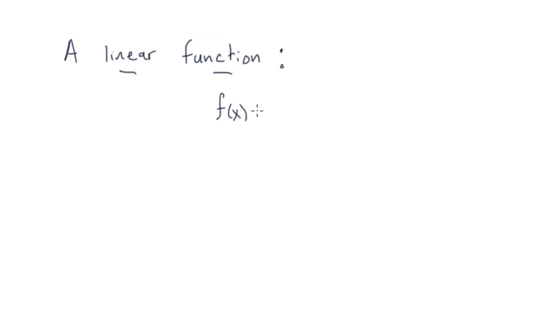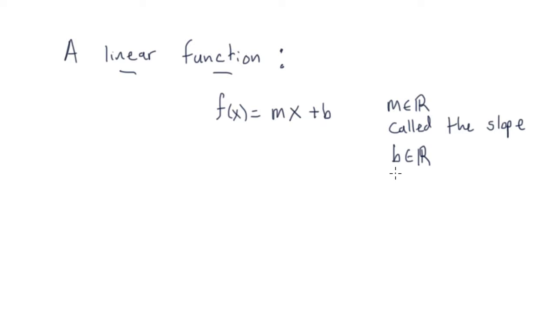f of x is equal to mx plus b, where m is a real number called the slope, and b is also just a fixed real number called the y-intercept. And I'm assuming this is a review for a lot of you. The slope is just kind of the rise over the run, because the graph of this function, if we look at the graph,